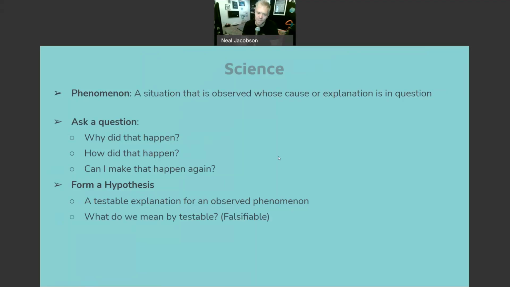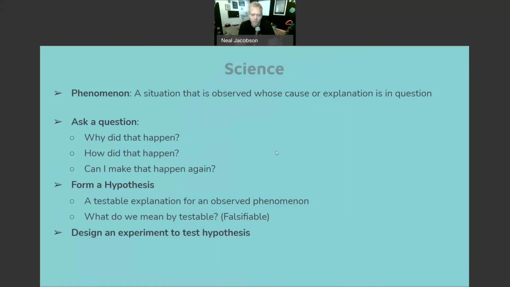And so when we say testable, what do we mean? Well, Karl Popper, one of the famous scientific philosophers of the 20th century, said, if you cannot falsify your hypothesis, then it's not a real hypothesis. So just because somebody comes up with an explanation for how something might work, if you can't test it and falsify that hypothesis, it's not really a hypothesis. It's just supposition at that point. And so his idea was like, if you can't prove it wrong, then you can't prove it right. And then we would design an experiment.